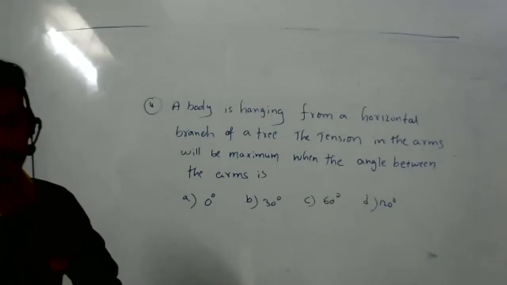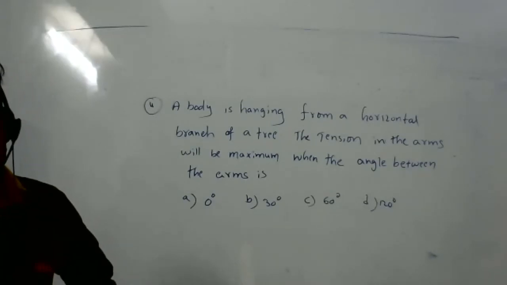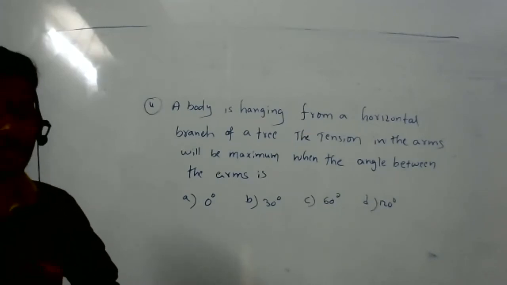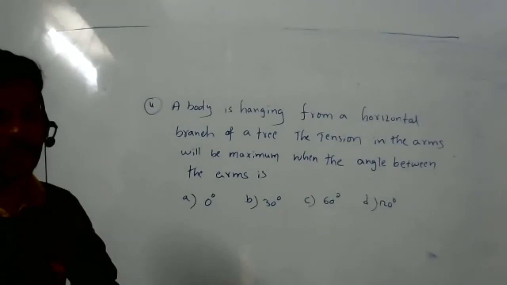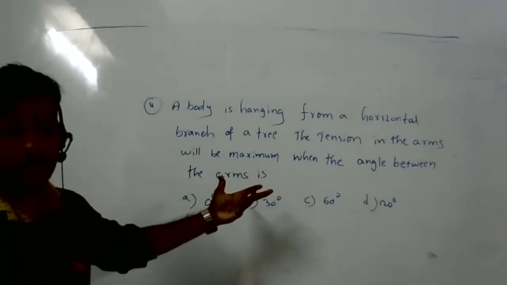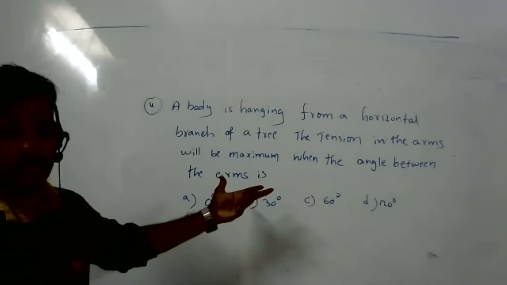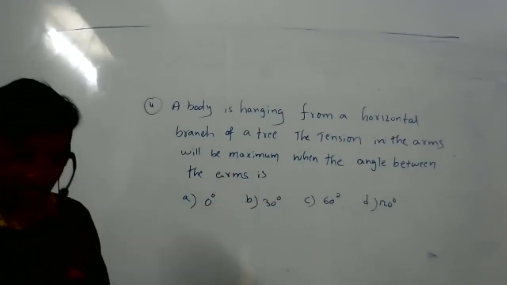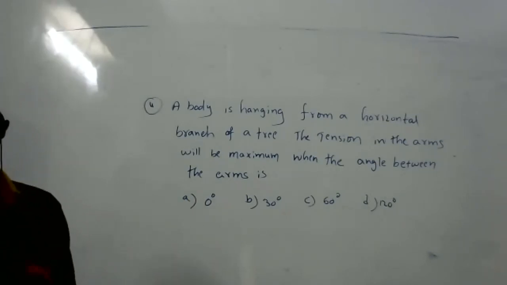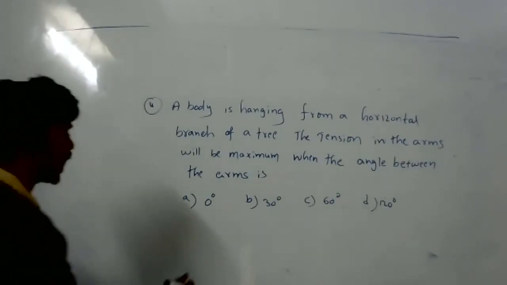So what was his answer? Correct only, 120. No, what was the explanation for it? Just now what he gave. When the tension will be less, sir. So when the angle is less, when tension is maximum. So it's directly proportional to the angle, right? Okay, nicely given.